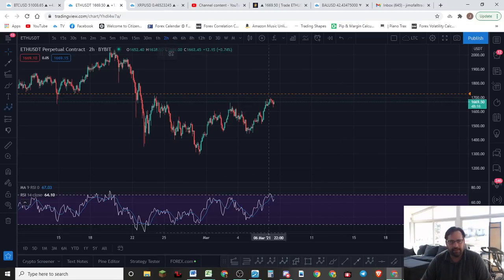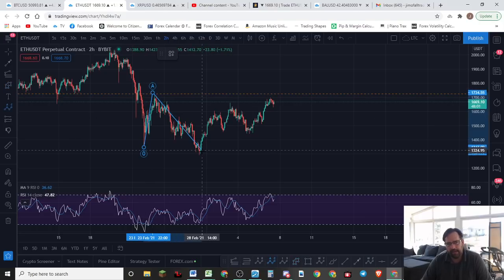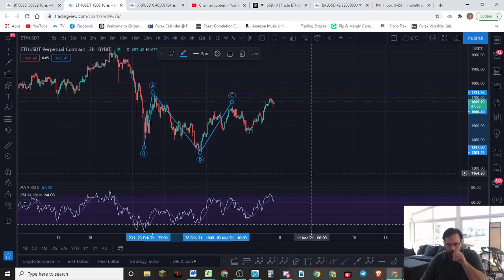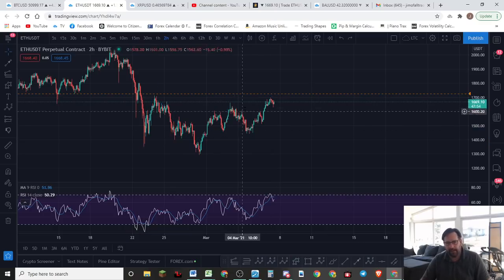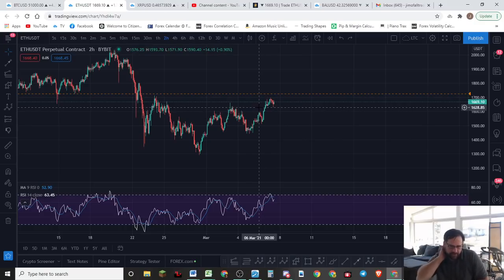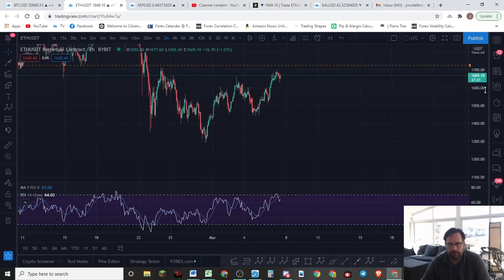So the first thing I see is, okay, I've got a 5-wave impulse off the top. So we got 5 waves, which means we're looking for a 3-wave pullback. What we were thinking was the pullback was this: A, B, and C, and that pullback was finished, and then we go down for more lows. But the problem with that is that we had a higher high that was made here. You say, what in the world happened there? Let me explain what I think is happening and what I think the wave is going to do, so you guys can be ready for the potentiality of this being a correct call.